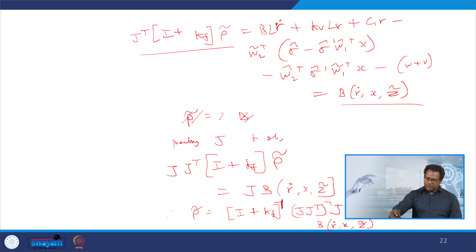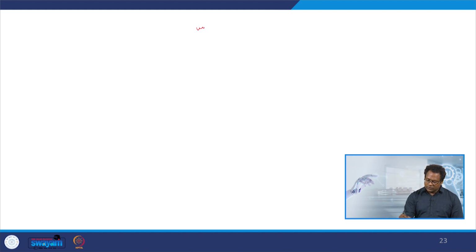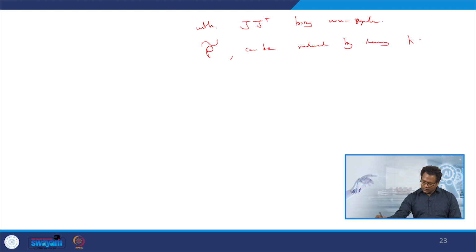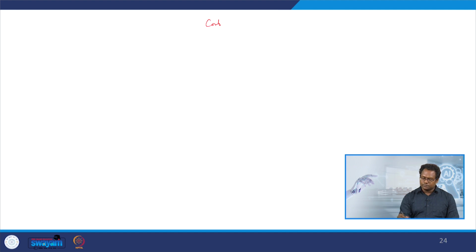So, what is implied here? It is saying that now with J transpose being non singular, so that the inverse can be possible, the force error can be reduced much by increasing the force tracking gain, that is K_F, and also we can say that the force error is bounded. So, with this I come to the conclusion that